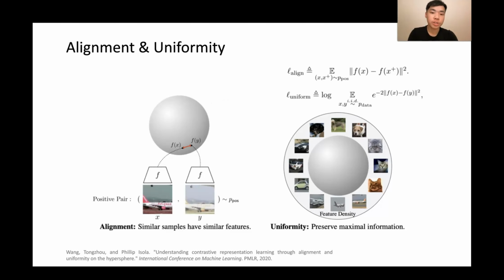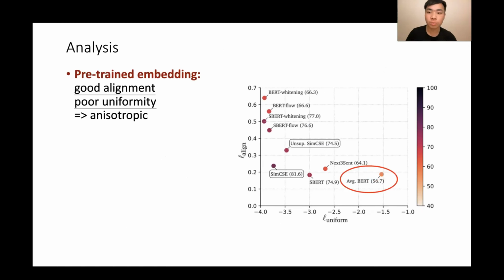And the authors of the SimCSE paper also try to evaluate the embedding space and see why SimCSE performs much better than other models. So here they use alignment and uniformity to measure the quality of the embedding space. Alignment means how close the 2 representations from the positive pairs are aligned together. And the uniformity means how well the representations are distributed in this vector space uniformly. So they try to plot the uniformity and alignment in this 2D plot. And the y-axis is alignment and the x-axis is